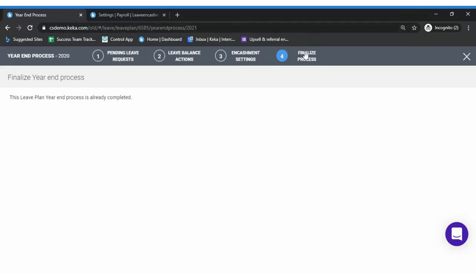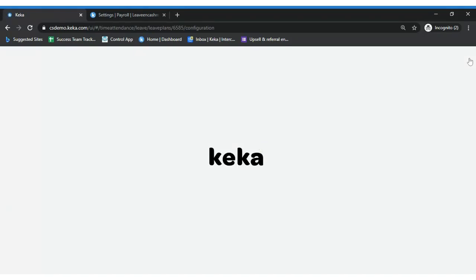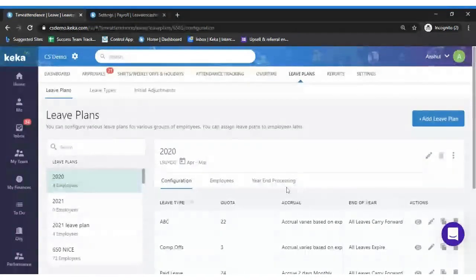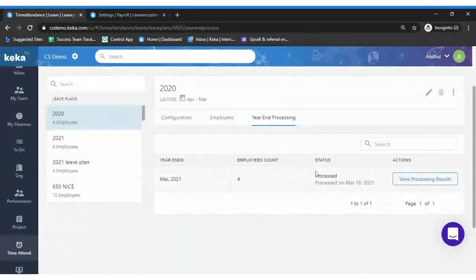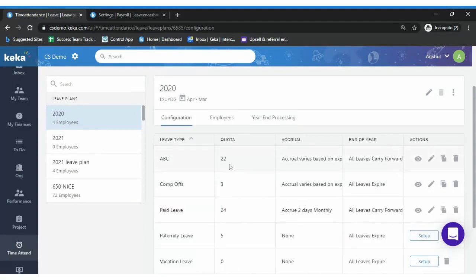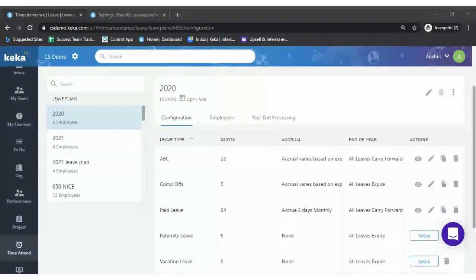In the final step, you can click on finalize, so that once these changes have been applied, nothing will be updated and everything will get locked. You can manage this on this particular page. Once it's done, the status will be shown as processed. In the employee's profile, all the leaves will be shown under carry forward, in case they have a carry forward policy. All the leave balances will be shown to that employee as per the new policy for the calendar year of 2021. So this is how we can manage and set things up.